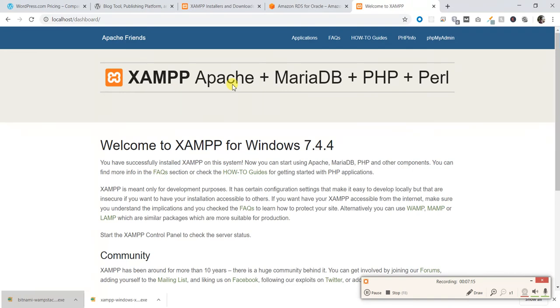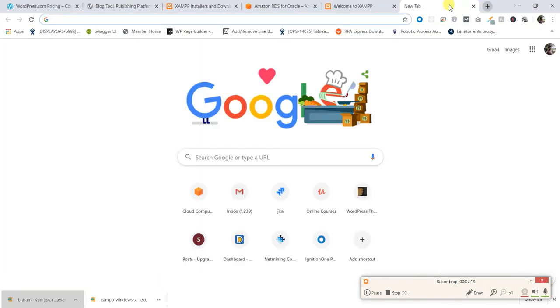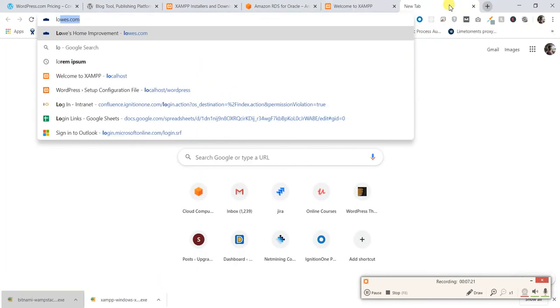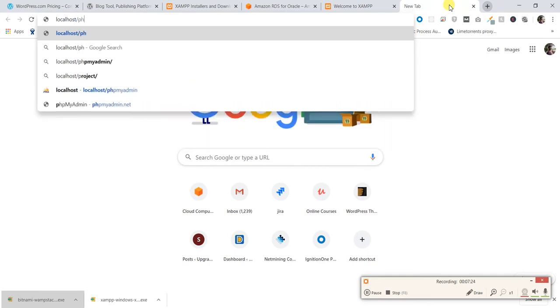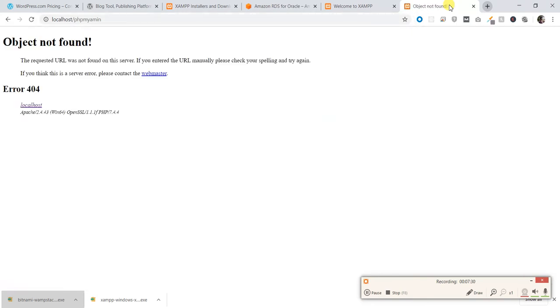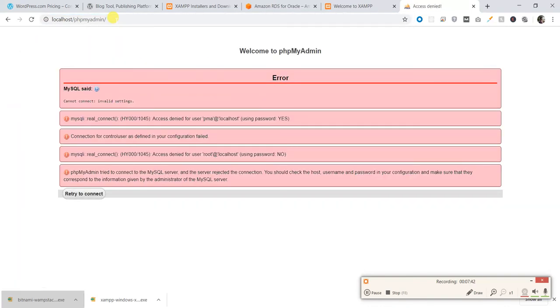Again, if you want to go for a database, just click on localhost slash phpMyAdmin. Sometimes you can get this error.